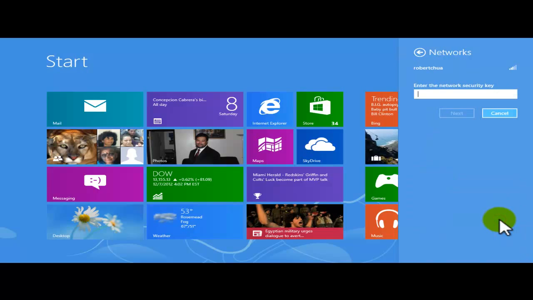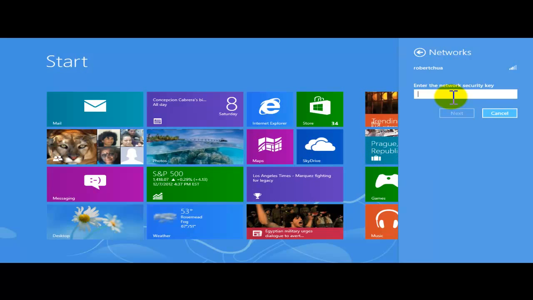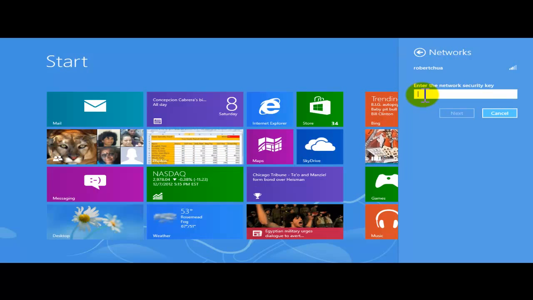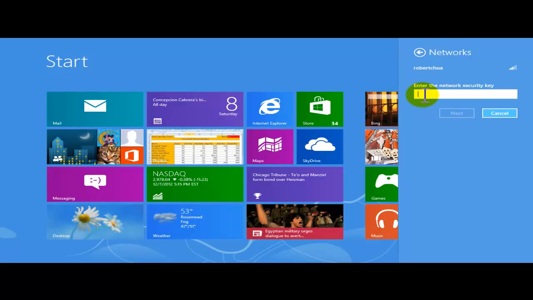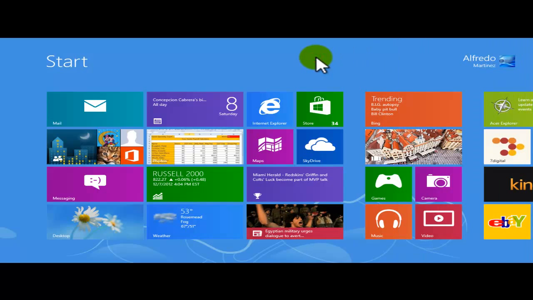I click connect again. See, I'm gonna be prompted for the security key. In this case, sometimes you guys are gonna see security password, security code, passcode key, etc. Sometimes I use 3, 4, 5 different names for the same item. Right now to close that, I'm just gonna click right here into my start screen,